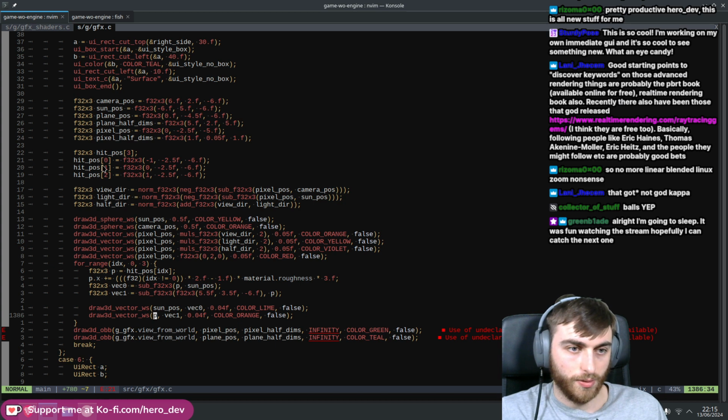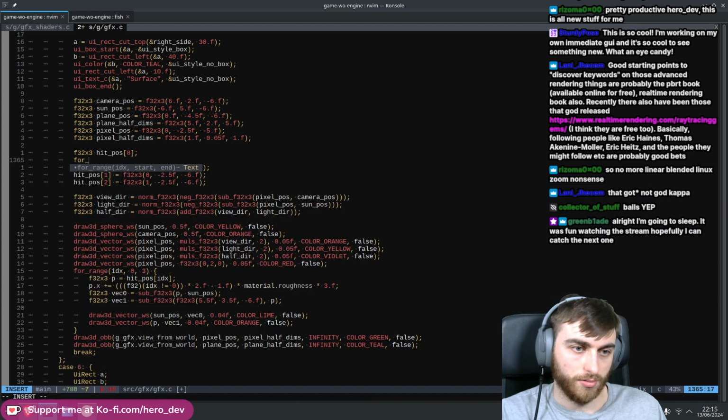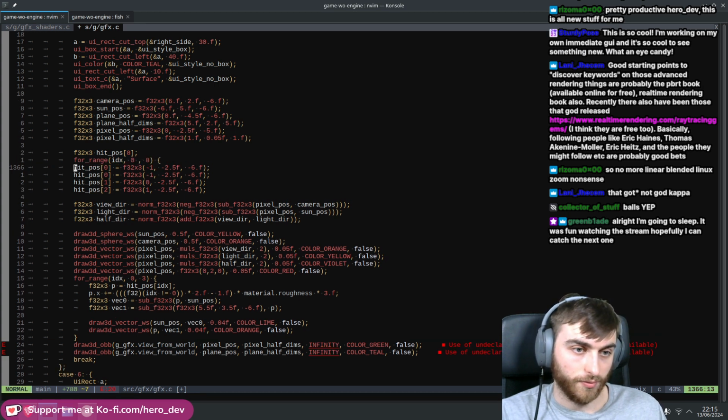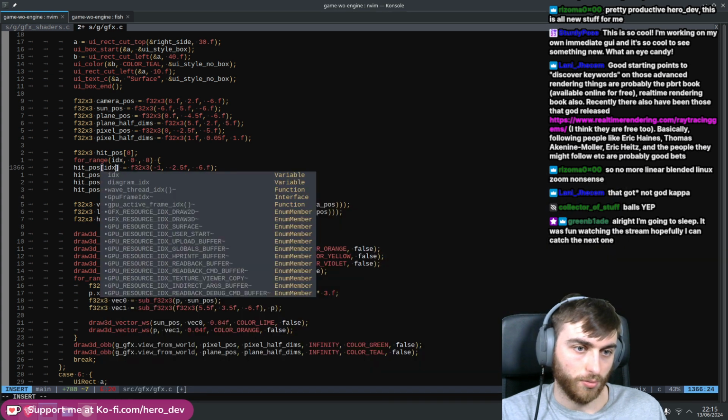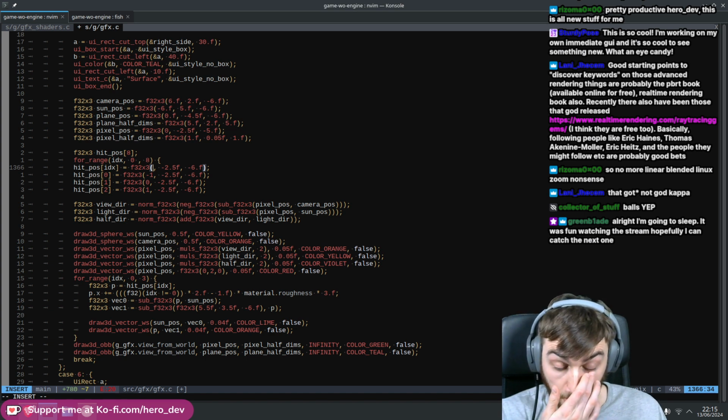I think we can just say we want 8 rays, and we'll just do a for loop. We'll initialize all those. And what I would like to do is say, based on how rough it is,